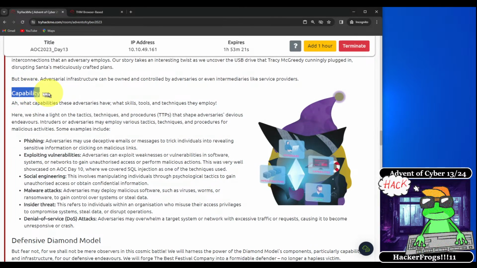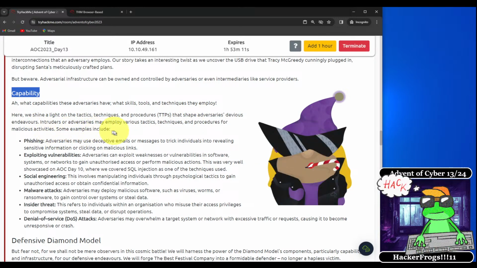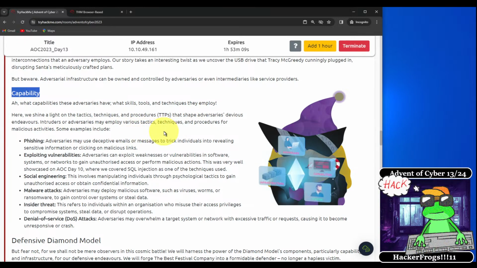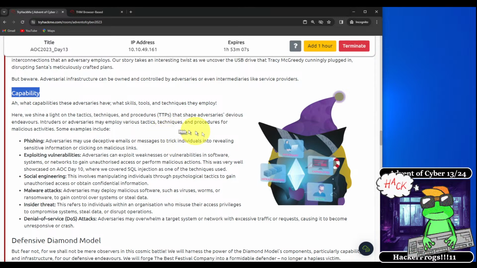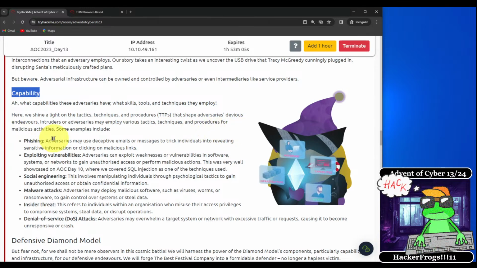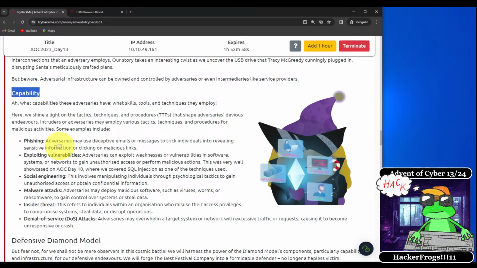And the last section here is capability. What capability these adversaries have, what skills, tools, and techniques they employ. Here, we will shine a light on their tactics, techniques, and procedures, otherwise known as TTPs, that shape adversaries' devious endeavors. Intruders or adversaries may employ various tactics, techniques, and procedures for malicious activities. Some examples include